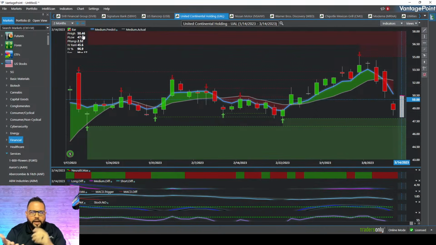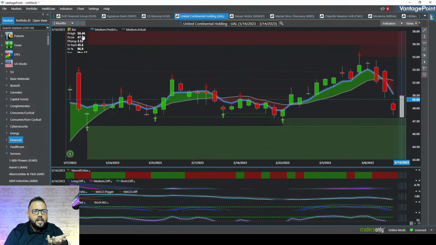That means I could buy a 50, I could buy a 49, a 48, depending on this stock. And not every stock has 50-cent strikes. Not every stock has $1 strikes. So you can just go and check your platform if you're an options trader on UAL and see where the different strikes are. But in this case, I've got a pretty good range all the way down to 48 bucks,